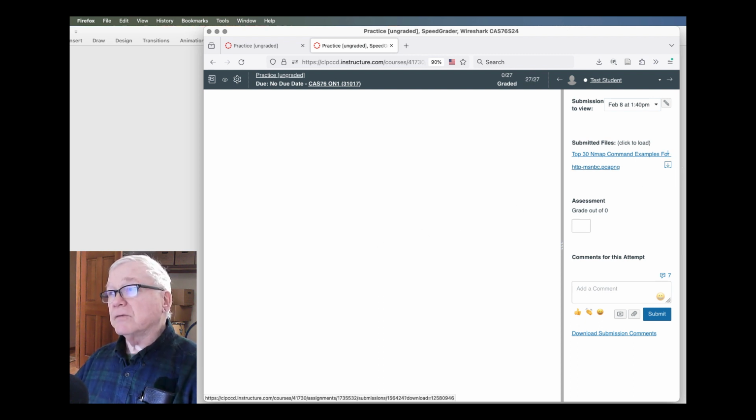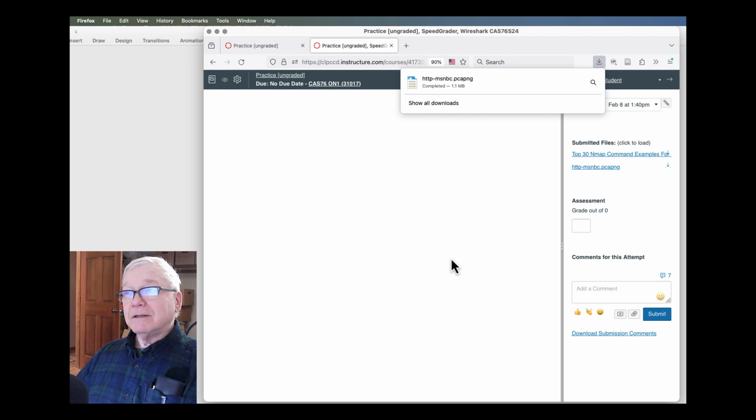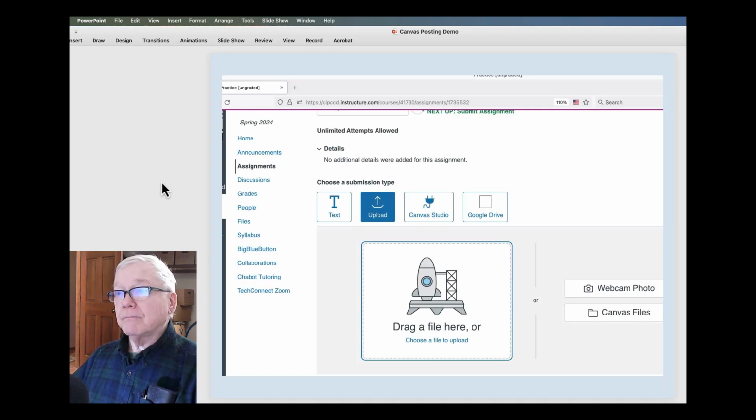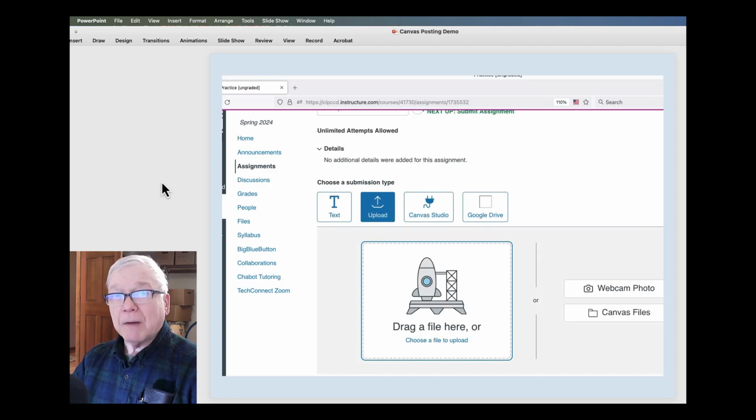In that case, I will have to download this, which is, again, why your name has to be on the file, not packets. Whose packets? Anyway, so upload files or put the text in there, but then you're not really going to be able to separately upload the PCAPs. So upload is probably your best choice, really, as a doc file, as a text file, as a PDF, your report, if it's a report, as it was intended to be completed, and then any other files that are needed, like a PCAP.